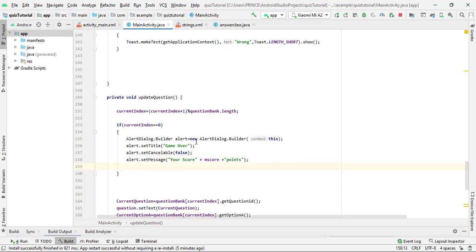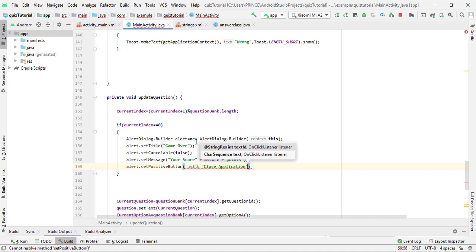Now after this I have to set two buttons, a positive button and also a negative button. So alert.setPositiveButton, and inside this first you can give any message, like if I type here "Close Application". If the user presses this button, then I have to simply close the application.